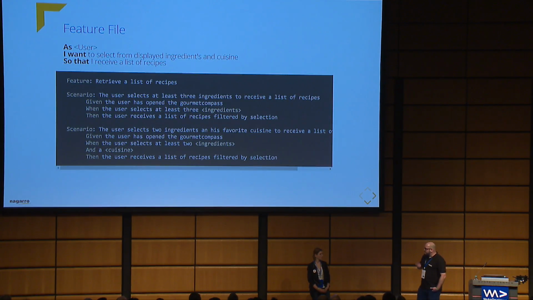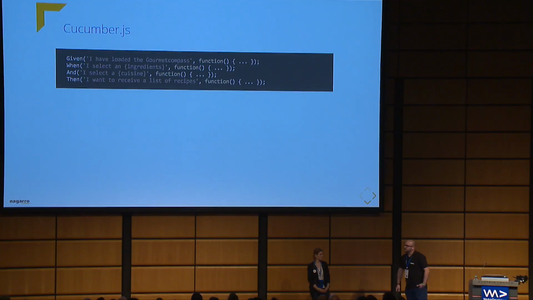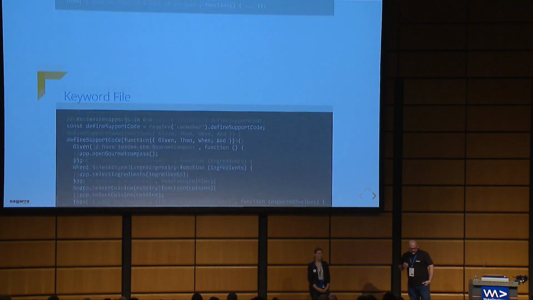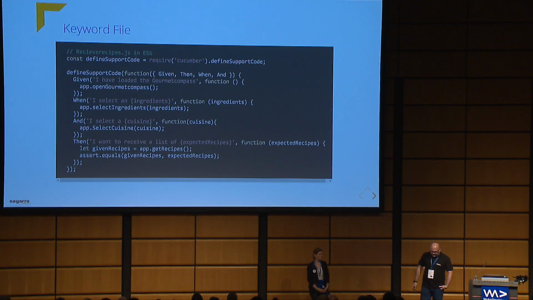If we use it in JavaScript, we do have Cucumber.js, which is a library that uses Gherkin as a script language to translate the feature file into keywords, and translate the functions into actual JavaScript code. With that, we have the possibility to create our story and test it as well. This happens in the background.